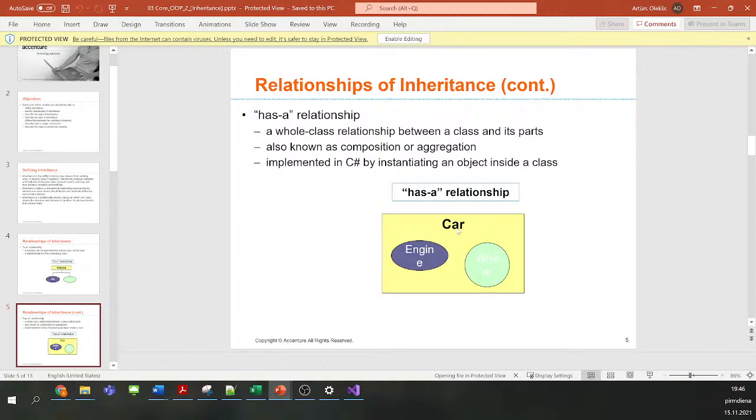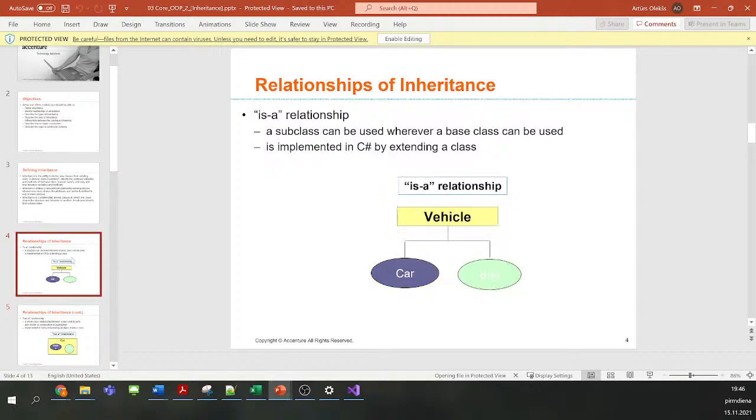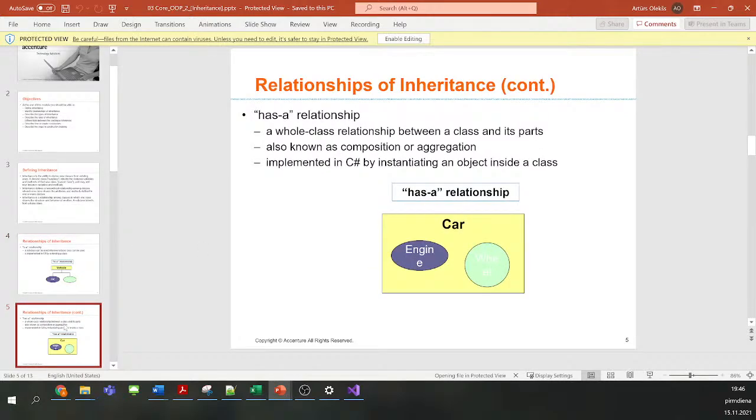Also, please don't mix these two relationships, because it is really important to understand. From my experience, some beginners who only start programming usually mix these two terms.